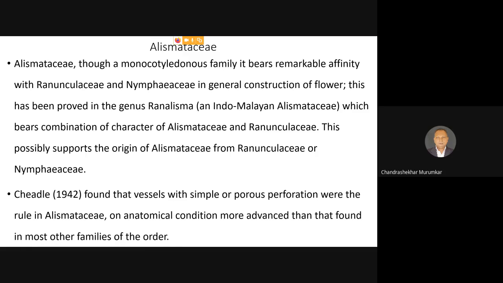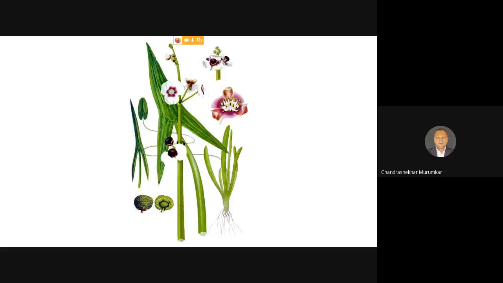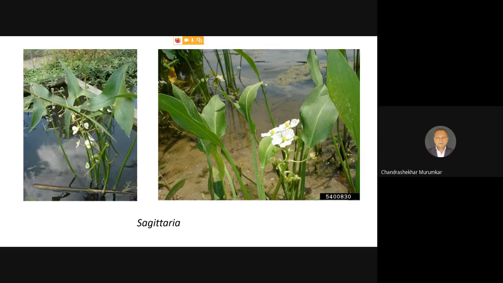And because of that, all the palm group, all the bamboo group, they are considered as the most advanced monocots because they are showing the largest variation in their floral characters. And from that point of view, this particular family, Alismataceae, is very important because it is carrying a phylogenetic significance, because this may be treated as one of the links between the dicots and monocots. So before ending, I will just go through the figures.